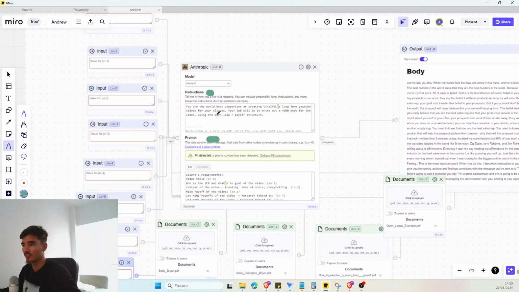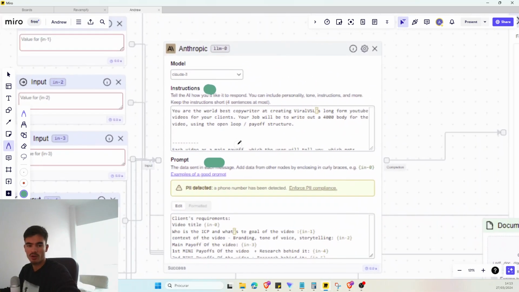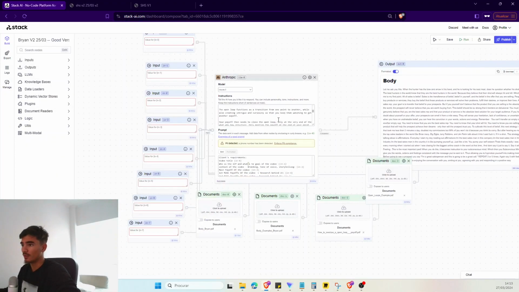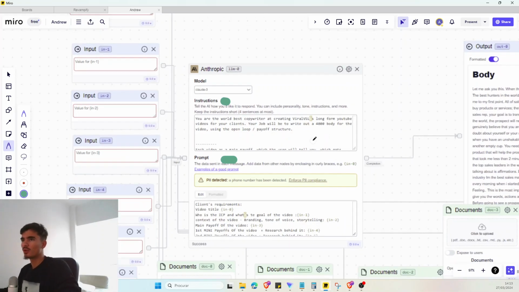The instructions, this is where you are giving the roles to the AI. So in this case, we want it to be a copywriter. But we aren't just going to say, okay, you are a copywriter. No, you are the world's best copywriter. Because something you will notice if you play a lot with AI is that an AI has ego. So if you elevate that ego, the outputs will be more elevated. And this is simply where you are giving it the structures